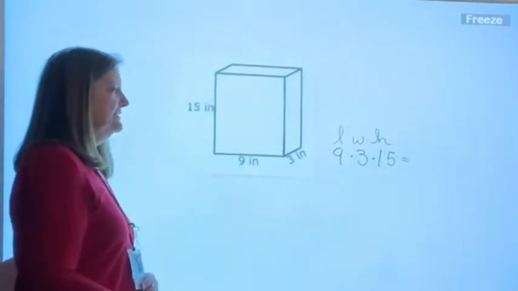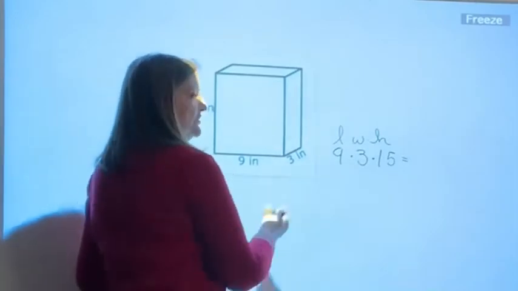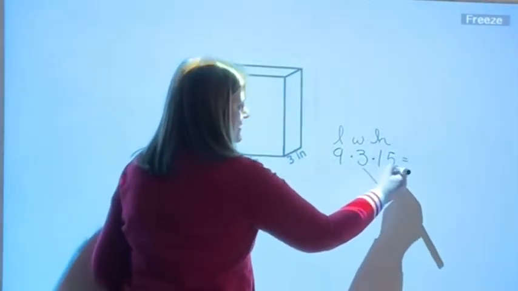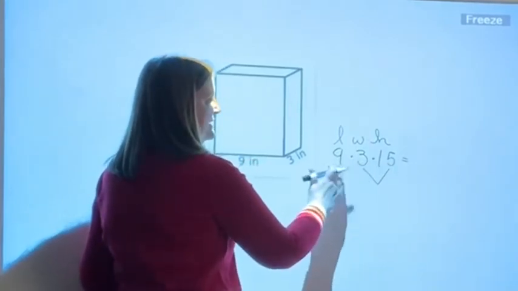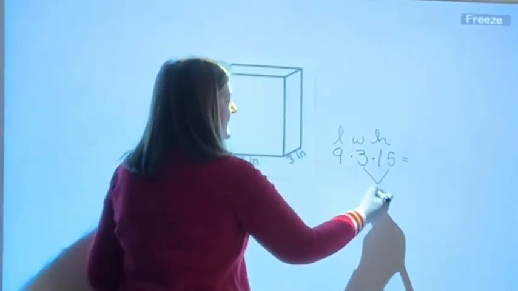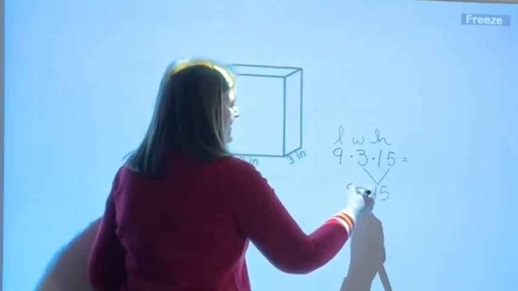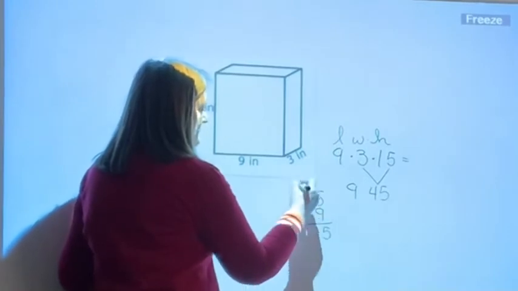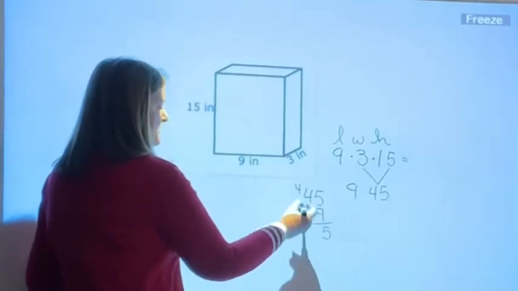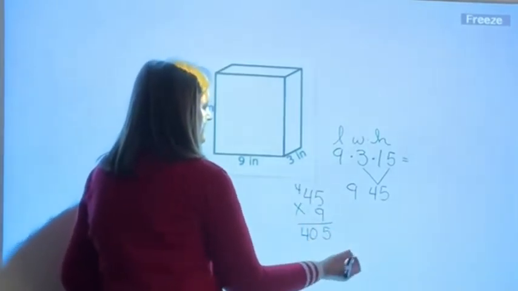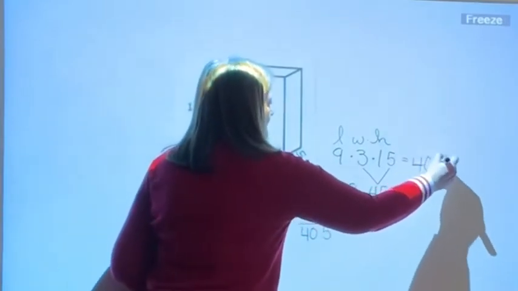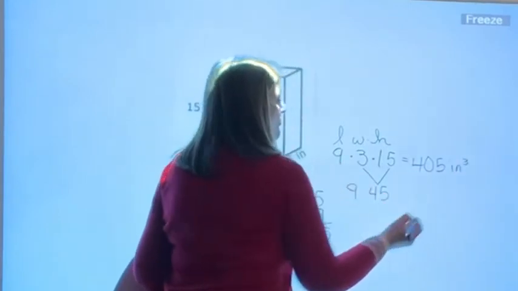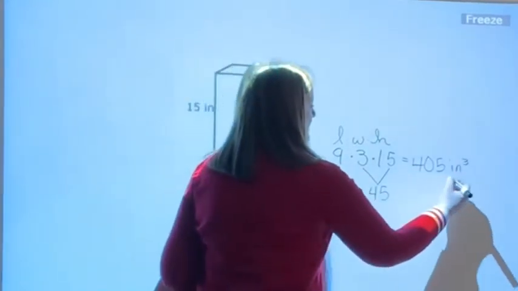And then we can multiply these 3 numbers. You can do multiplication in any order that you want. I'm choosing to do these 2 first so that I only have to multiply by a single digit. 15 times 3 is 45, and 45 times 9, that's 45. 9 times 4 is 36, plus 4 is 40, so it's 405 inches cubed,